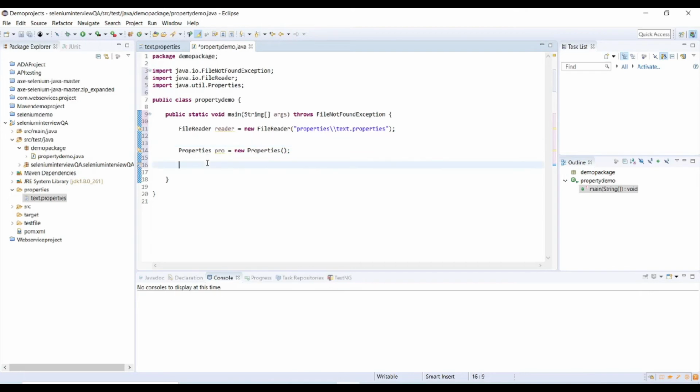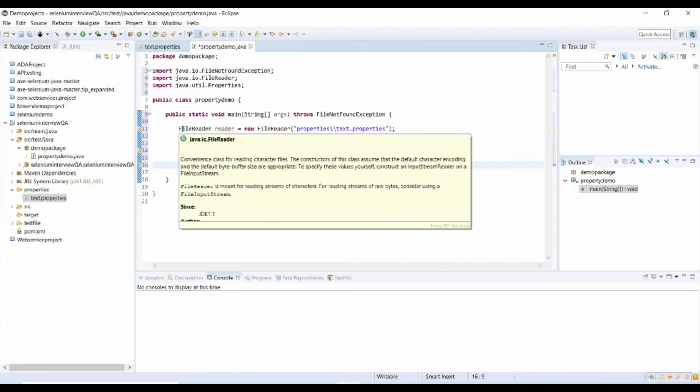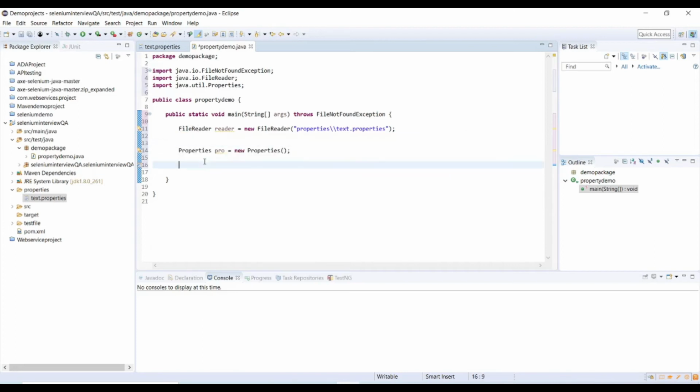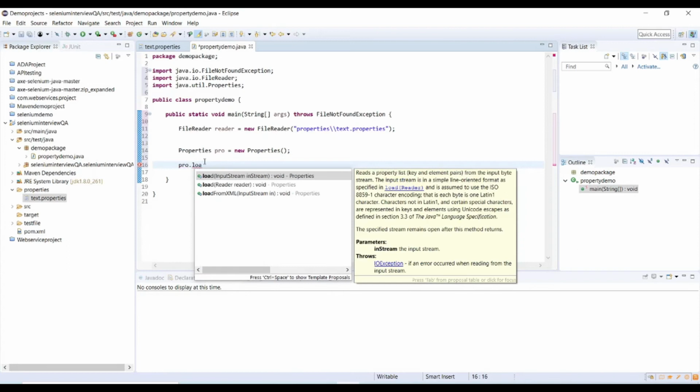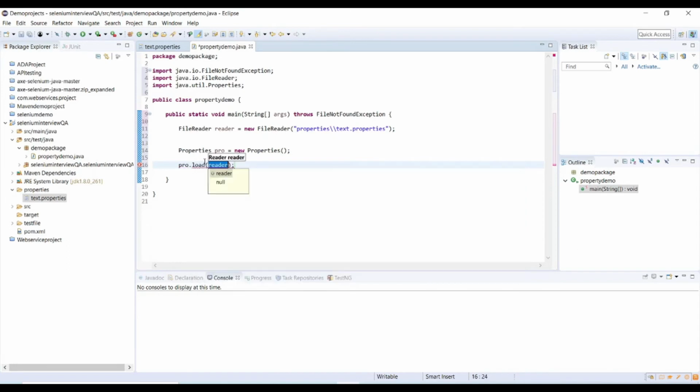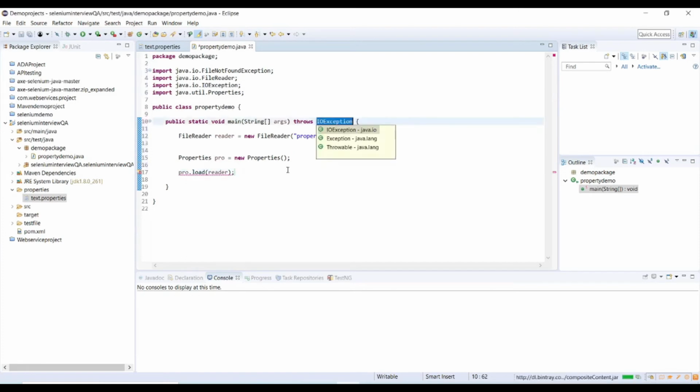Using this Properties object, I will try to load this FileReader. Properties has different methods, and I am using one of them, which is load, with the FileReader. It will ask us to declare throws, which is IOException. Now we are done with our initial configuration.